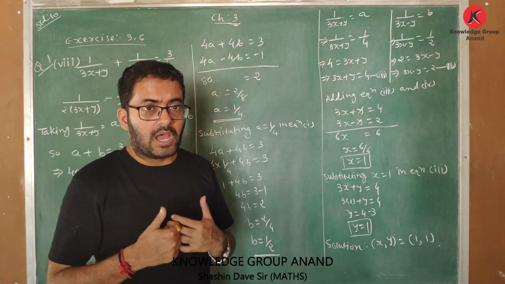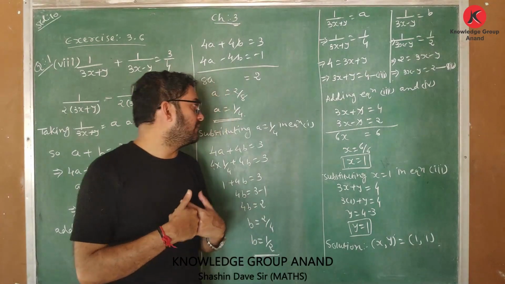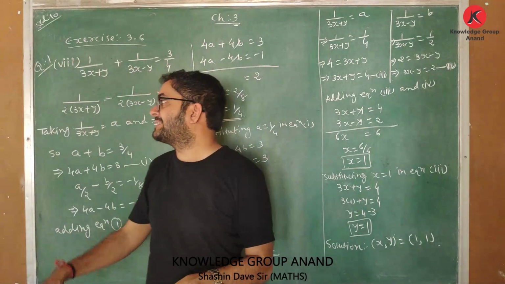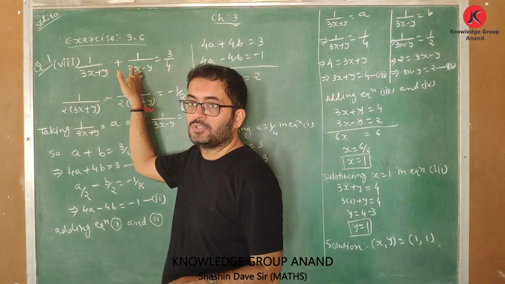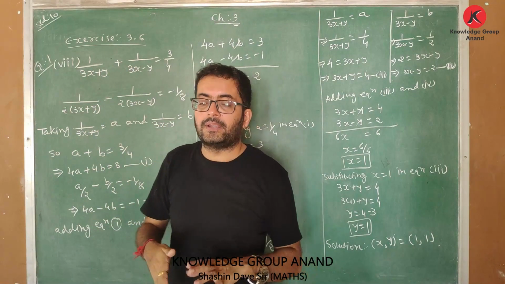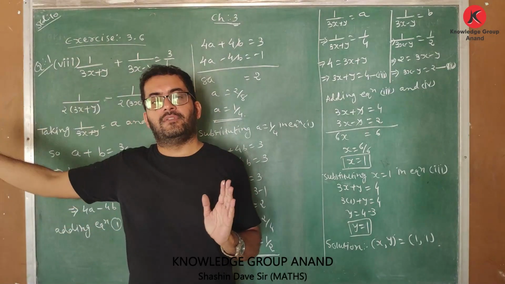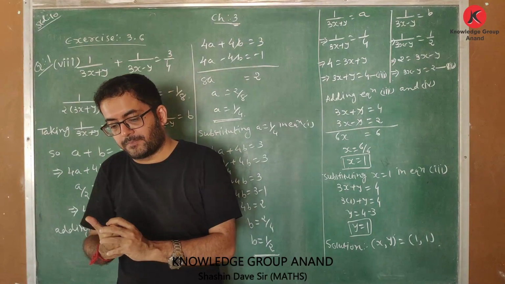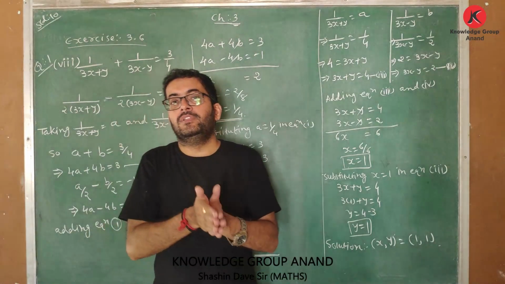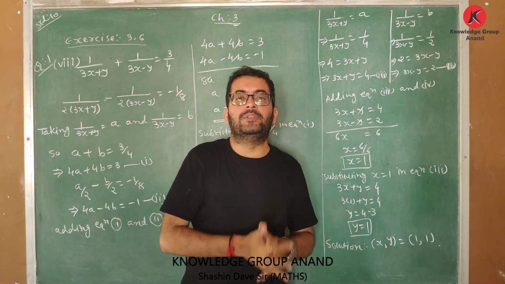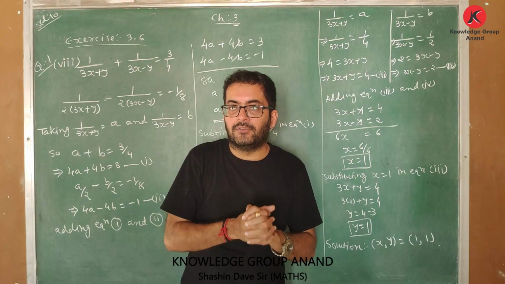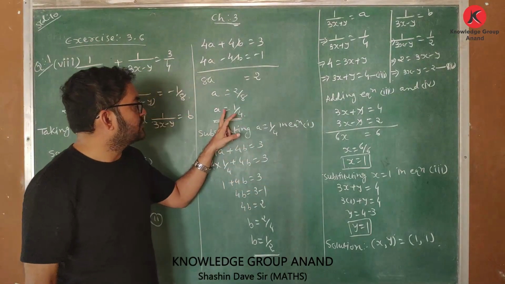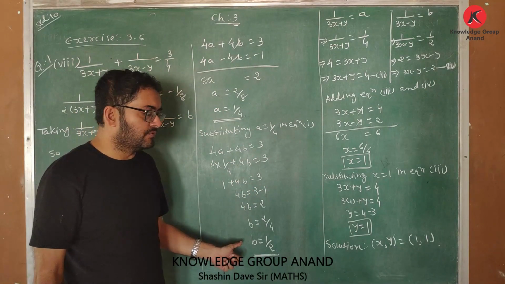Now, after getting the values of a and b, what is the value of a? a is 1 upon 4. b is 1 upon 2. Now x and y are here also and here also. When you take the substitution part, you will not get the values of x and y outright. You will get two more equations when you take that assumption part, and when you solve those two equations by substitution method, then you will get the values of x and y. So again, the value of a is 1 upon 4, the value of b is 1 upon 2.